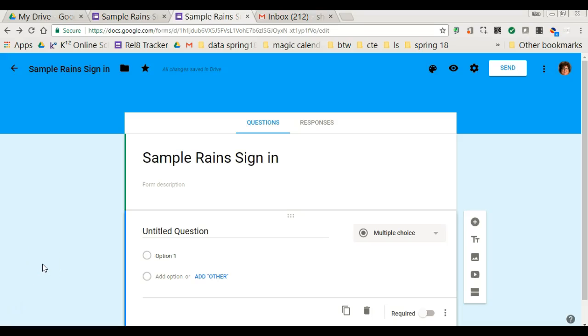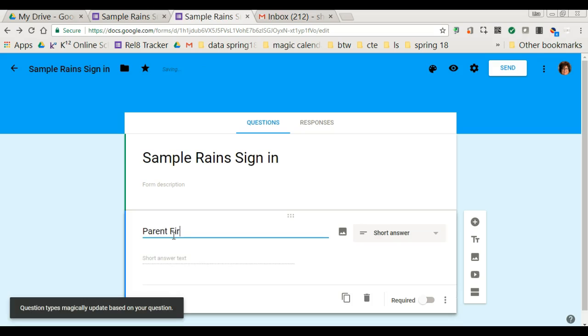Okay, when you create a form, remember you're collecting data. So when you start with the questions, the more divided, the more specific you can have your questions, the better you're going to be able to deal with the data afterwards. So if I'm asking for a parent sign in, at this first screen, I may say parent first name